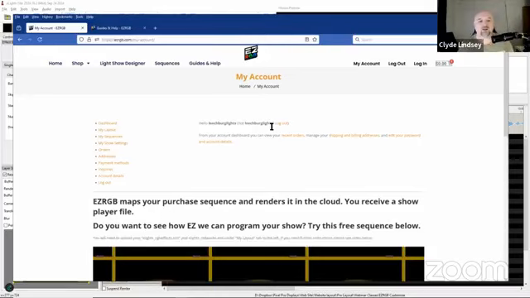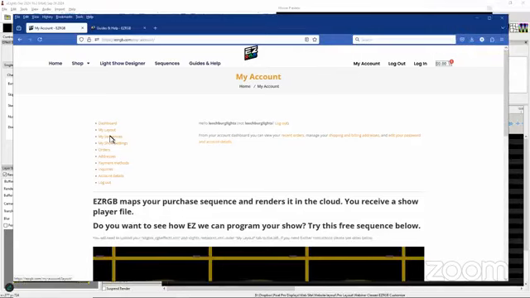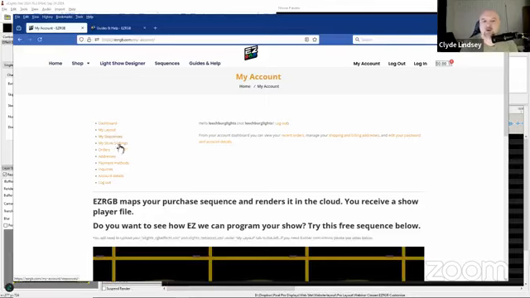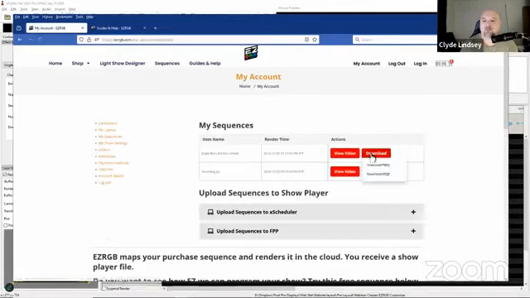Oh, there's no extracting it though. Is there? I don't know what you mean. There's no extracting because if you go into my sequences, if I remember right, you can download the XSQZ,